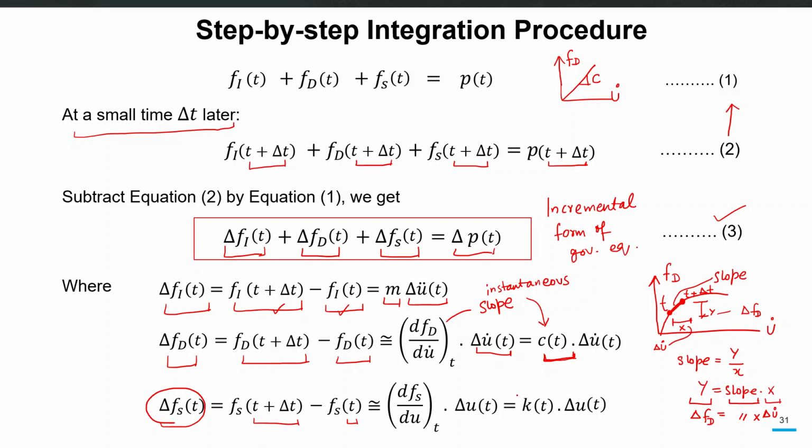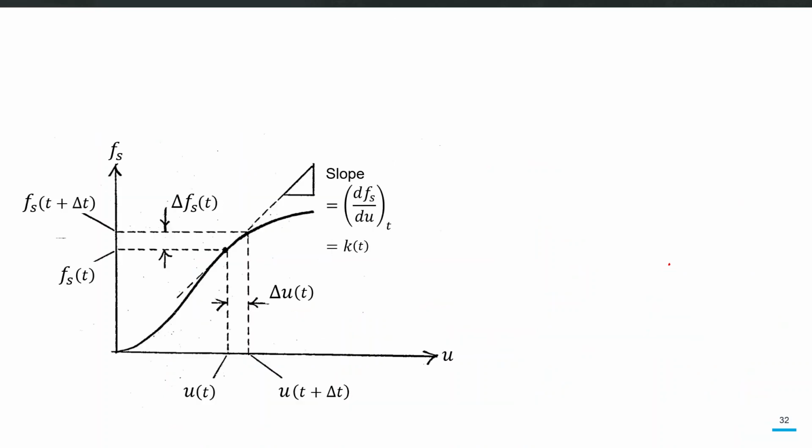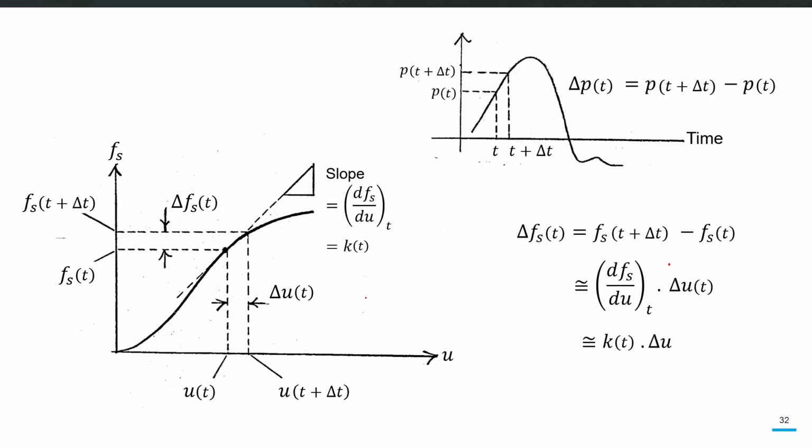And let's call that instantaneous slope k of t, and this is not constant again, this is a function of time now. So c of t and k of t are not constants now, they will change with time depending upon where you are on the function. So this has been explained here again, that for example at any time instant the value of fs is this one, and after some time interval delta t, if it is let's say here, so you were here on the relationship and then in the next instant you have gone here.